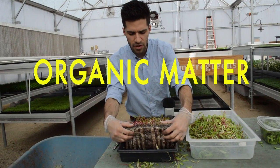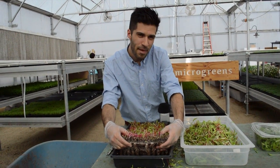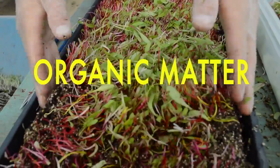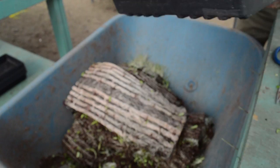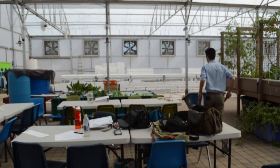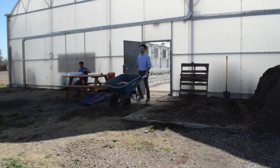So organic material is like soil, plant matter, food, leftover food, leaves, plants, anything like that is here. So all of this is organic material. And we're going to reuse it outside. We're going to find a way of recycling it. Right here. So we're going to take this wheelbarrow and we're going to dump it on our big compost pile